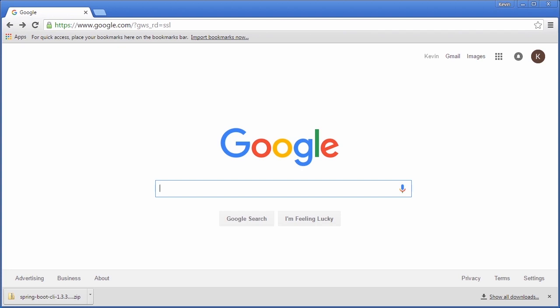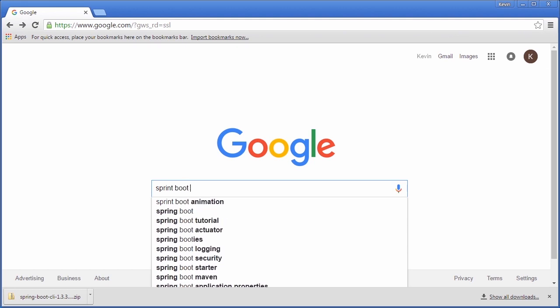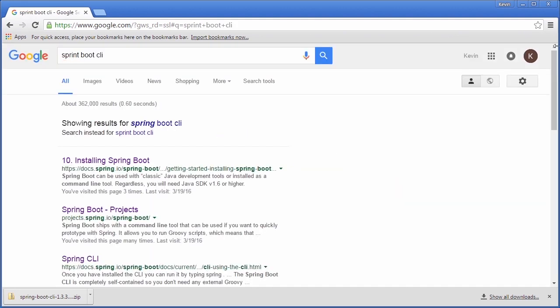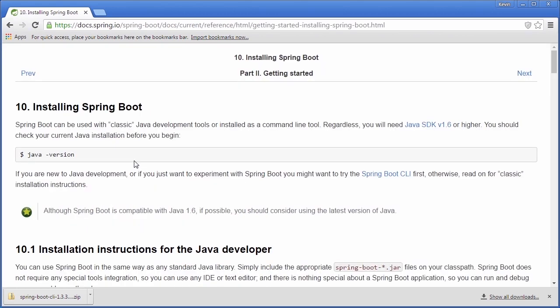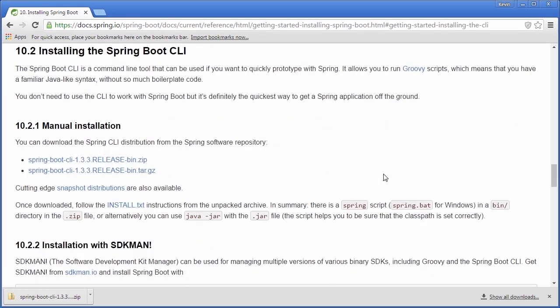To get started with our installation, I'm simply going to Google for Spring Boot CLI, and this will bring up the documentation for Spring Boot. Inside the documentation, you'll notice this hyperlink for the Spring Boot CLI, and that's going to take us to that section of the documentation. Under the manual installation section, you're going to see a link for the zip distribution of